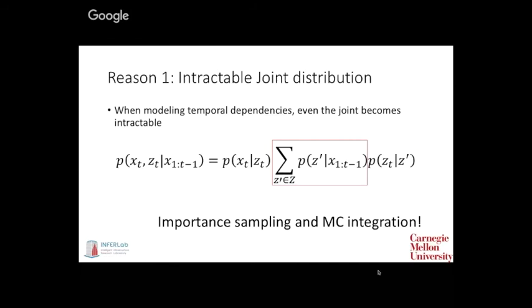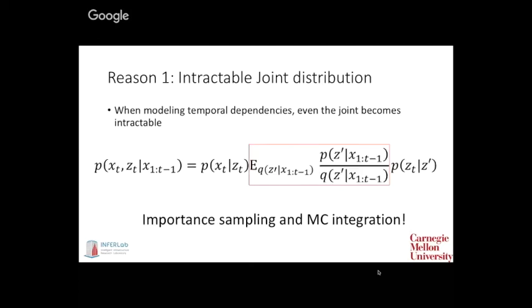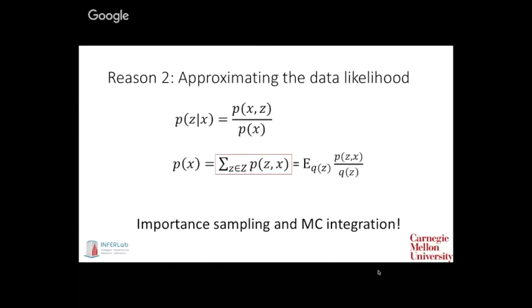But as I said before, we're going to milk importance sampling and Monte Carlo integration. So we can rewrite this as this, and then we can evaluate this by sampling from Q. Because Q is a neural network, we can fairly easily sample from it, but then we still have the problem that we need to compute the posterior. And the posterior is also intractable. So basically, the posterior is just the joint over the data like